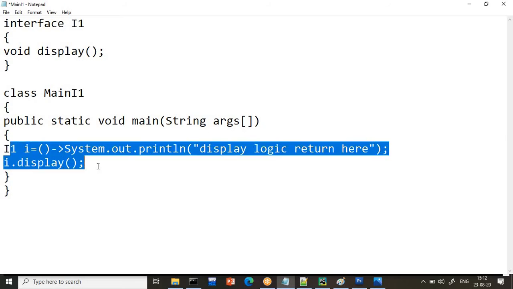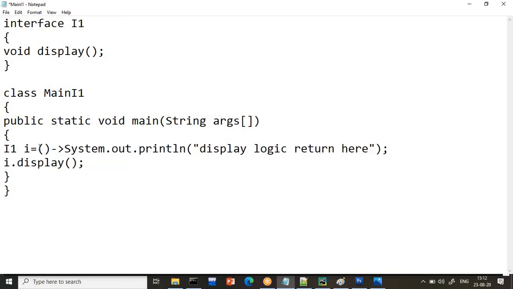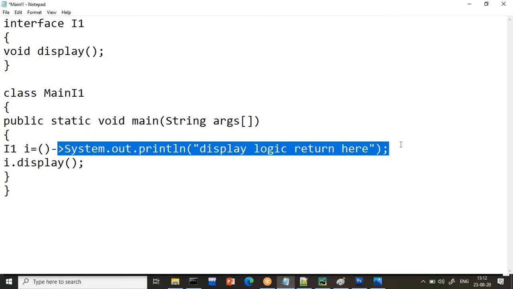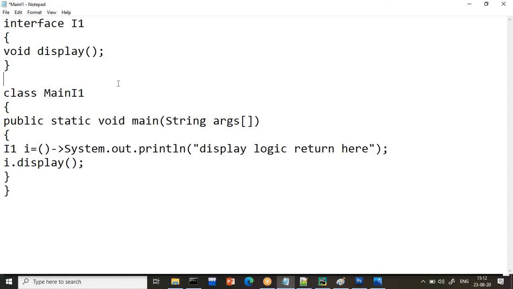To define this lambda expression, I create brackets, since I have a function without parameters, and give the definition for that function, which is the display logic written here. So we do not need to write any class; I just write the definition for this function, and automatically when I write i.display() I will get my code.